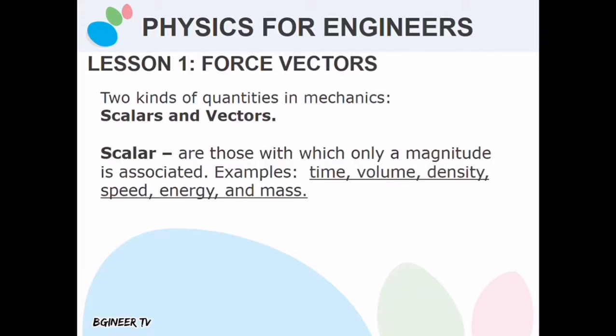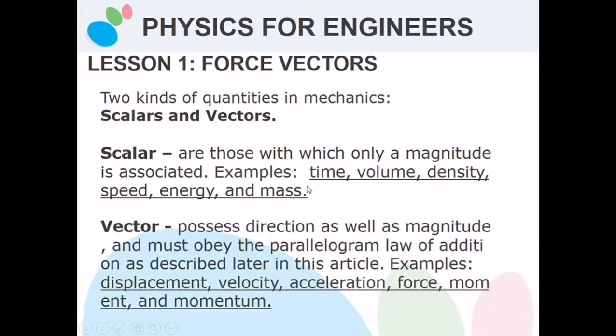When we say scalar quantity, these are quantities with only a magnitude associated. For example, time, volume, density, speed, energy, and mass. We know that these quantities have only magnitude. They have no direction. The latter one, the vector quantities, possess both direction and magnitude